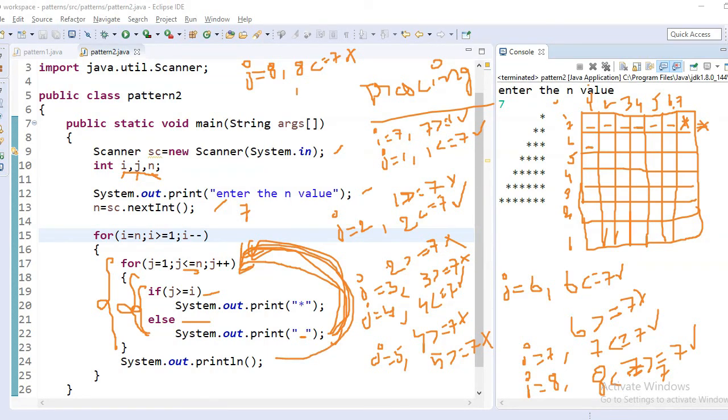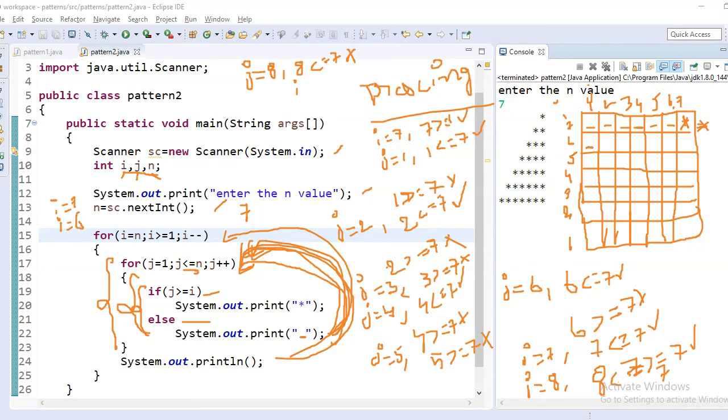Now i value is decremented by 1. That means now i value is 6.